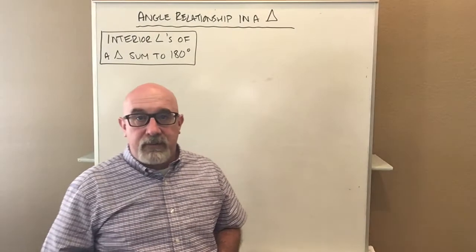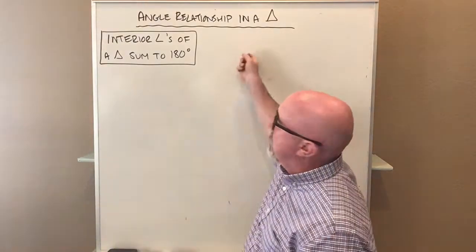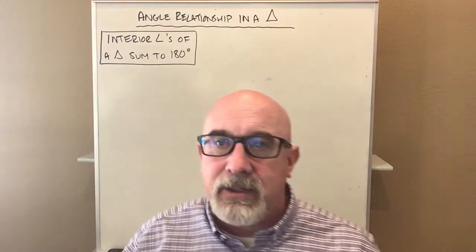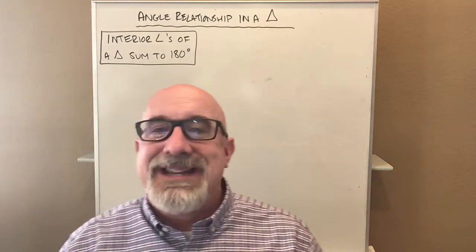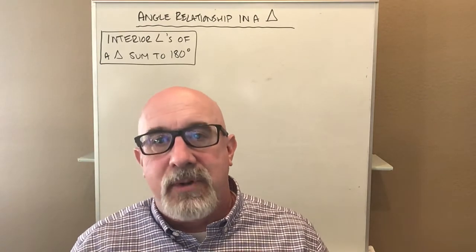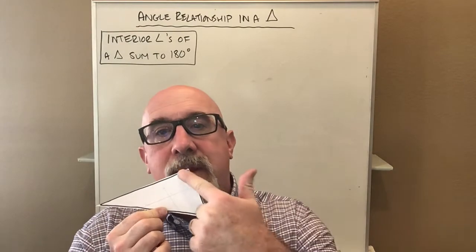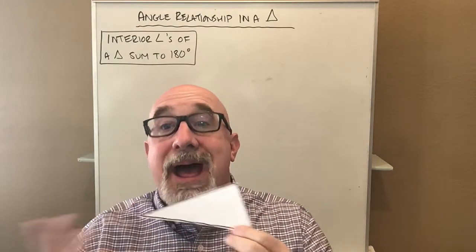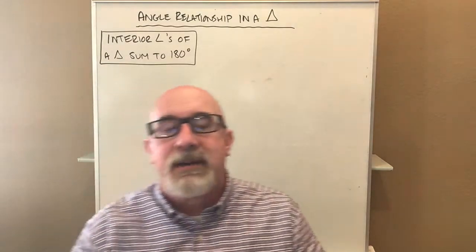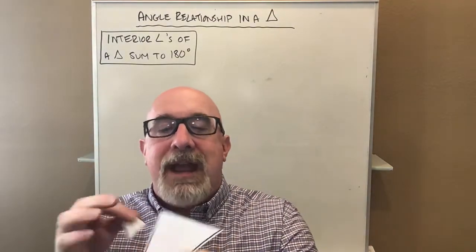Let's introduce a couple of very powerful, important relationships about angles inside of a triangle. The first one is about the interior angles in a triangle. Now, by this stage, most students already know that if you've got a triangle, the three angles add up to 180 degrees. I'm going to prove that in just a second, but an informal proof is just to rip off the angles